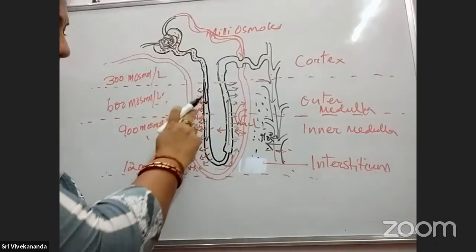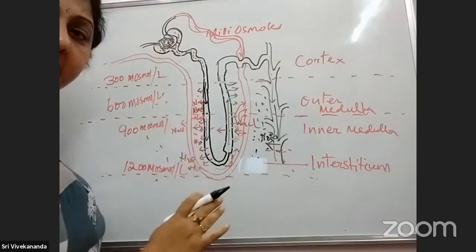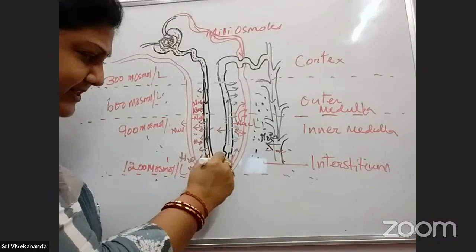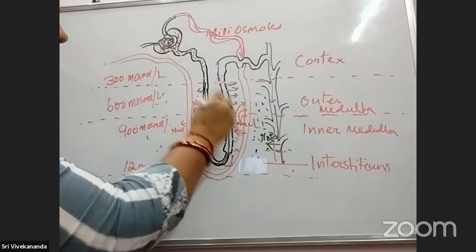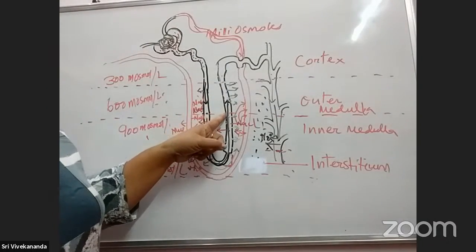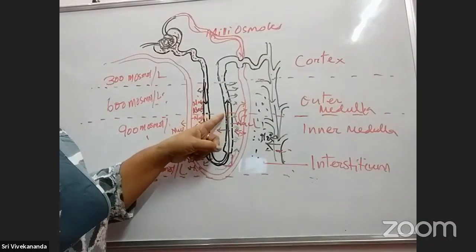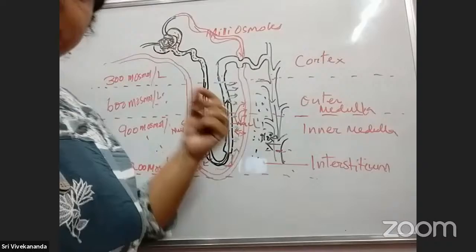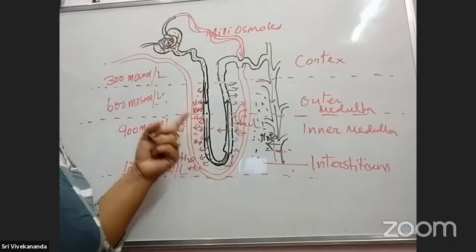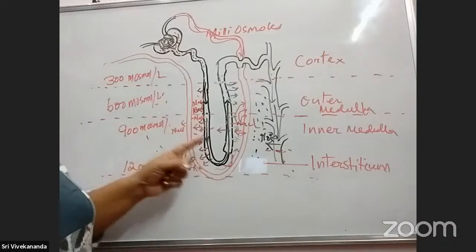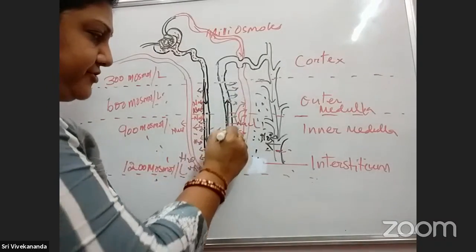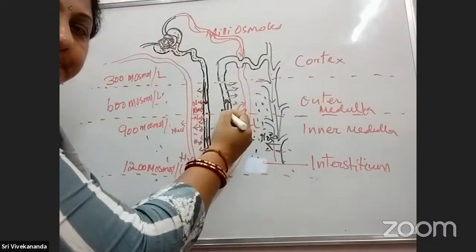At this part water should be released, but now we will not talk about that. We will think that nothing is happening in this area and we have come here. We will start from the ascending limb. Reason: the ascending limb releases salt, and only then will the descending limb release the water. So first this has to take place. Clear? Okay. So now the filtrate which is going up,